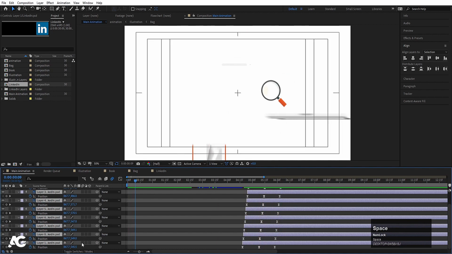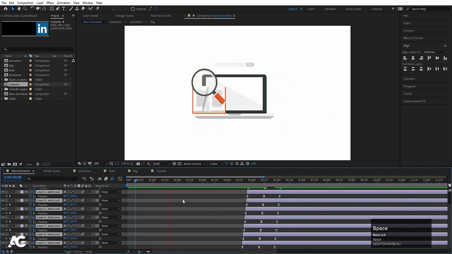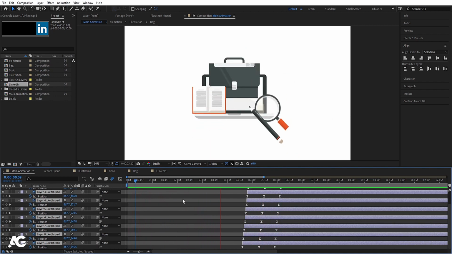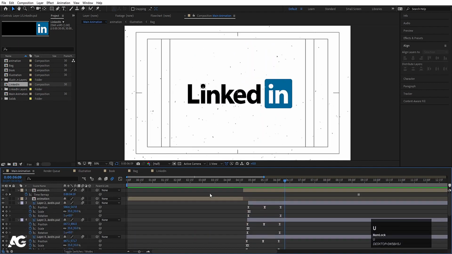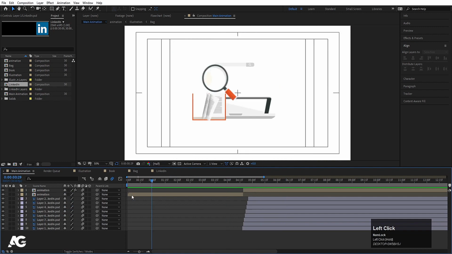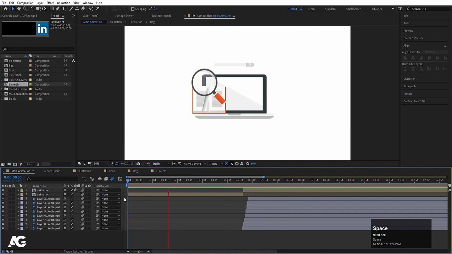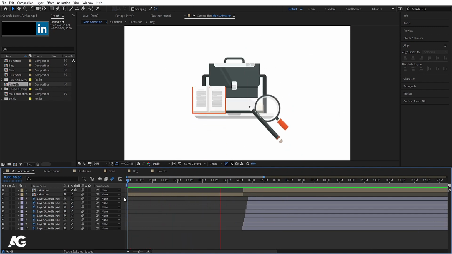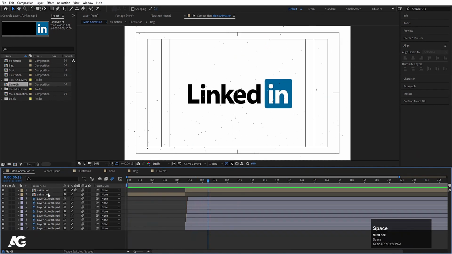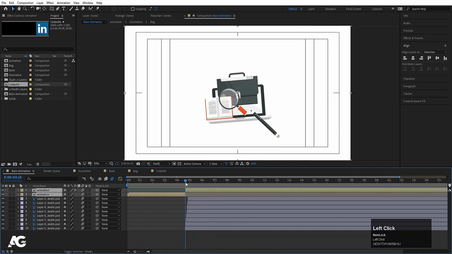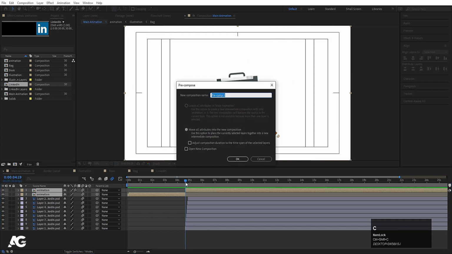So now, select all of them and choose blurriness. And hit U. Let's select these two animation comp and I'll press Ctrl Shift C and I'll call it as illustration animation